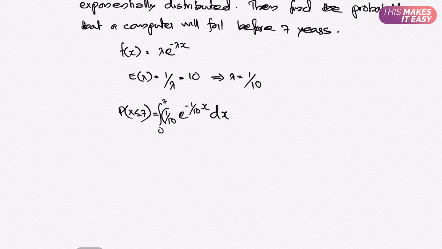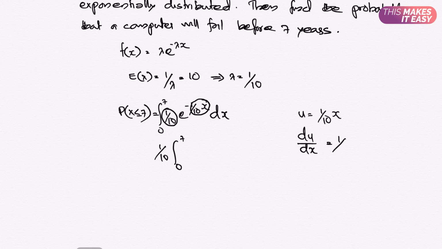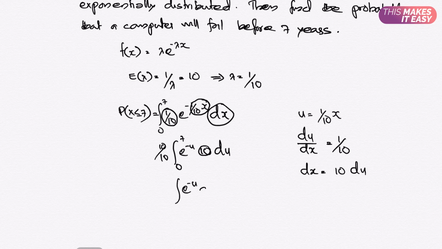I can take this outside and I am integrating by substitution. So I am assuming u equal to x by 10, then du dx is equal to 1 by 10, then dx is equal to 10 times du. I can take this 10 outside, so we are left with